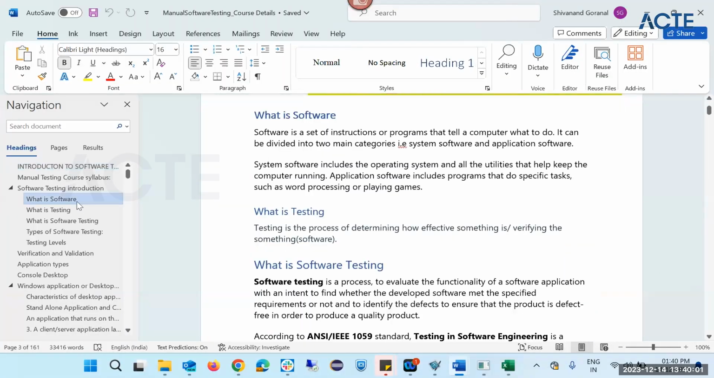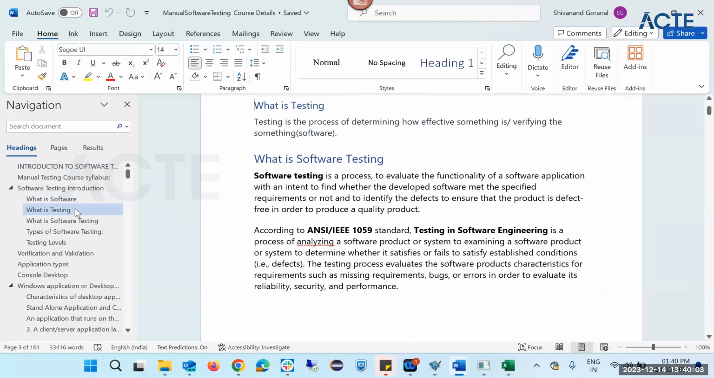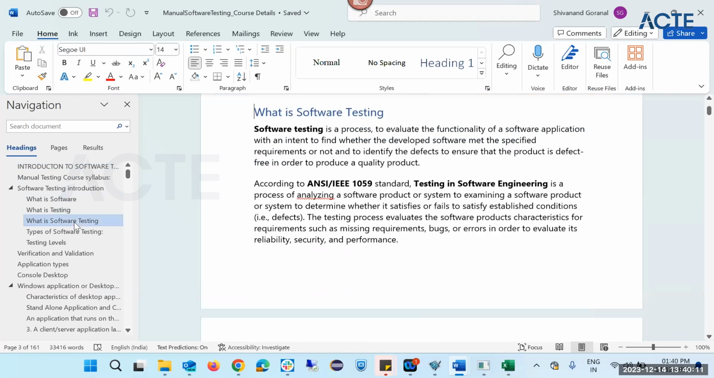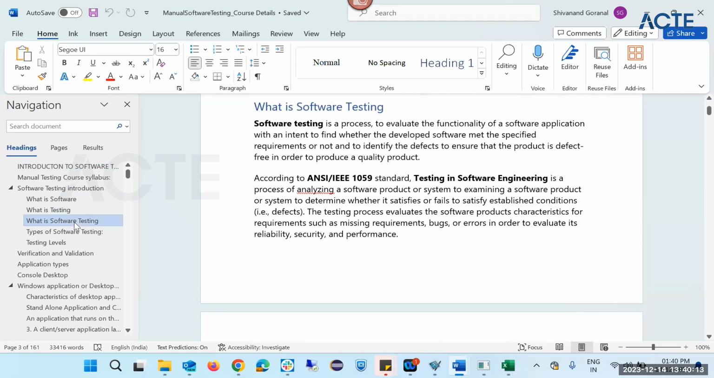We have already discussed software. What is software? It is a program, a set of programs. It will tell us what to do. And what is testing? Verifying something, right? So whether it is working fine. So what is software testing? It is a process to validate the functionality of the software application